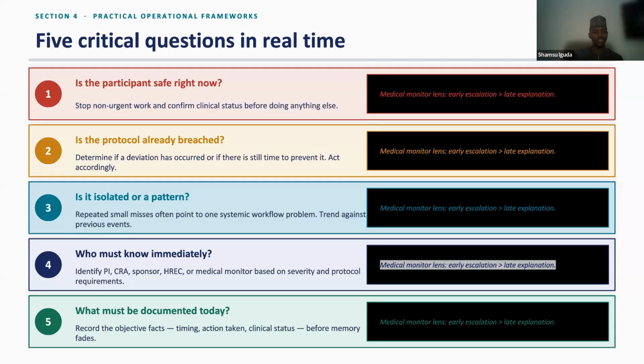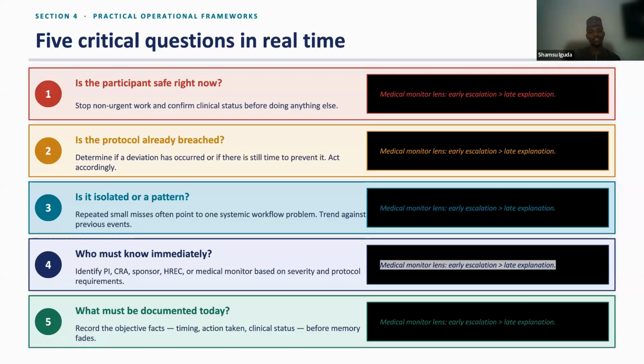So this slide has five critical questions in real time. It gives us a mental decision-making framework that you can use in real time every time something goes wrong at your own local site. So the five questions are sequenced deliberately from 1 to 5. So question 1 is, is the participant